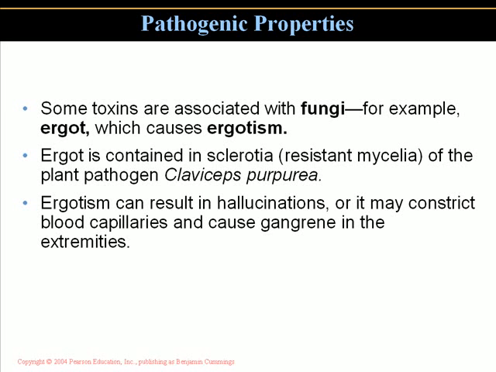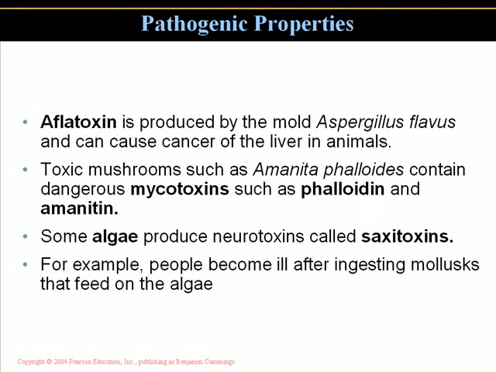Ergots contain sclerotia, which is a resistant mycelia. We also see ergotism, which can result in hallucinations. It can also constrict blood vessel capillaries, and it can lead to gangrene in certain extremities. Aflatoxins are produced by the mold Aspergillus flavus and can cause cancer in the liver of animals. Toxic mushrooms, Amanita phalloides, contain dangerous mycotoxins, phalloidin,